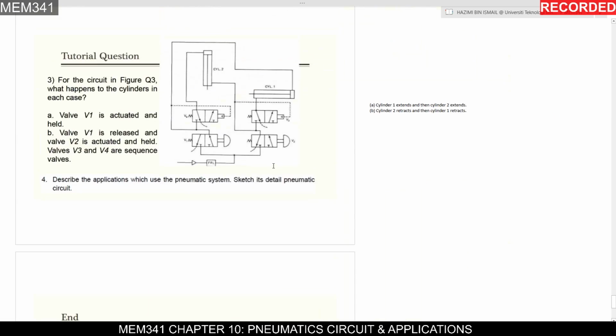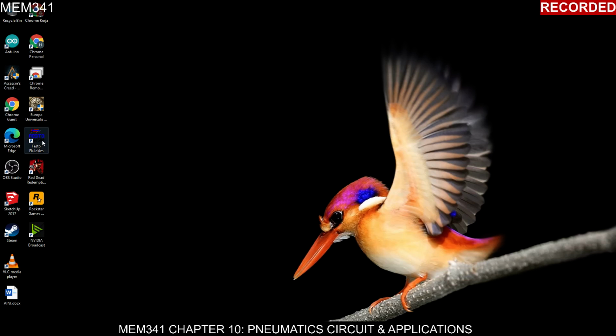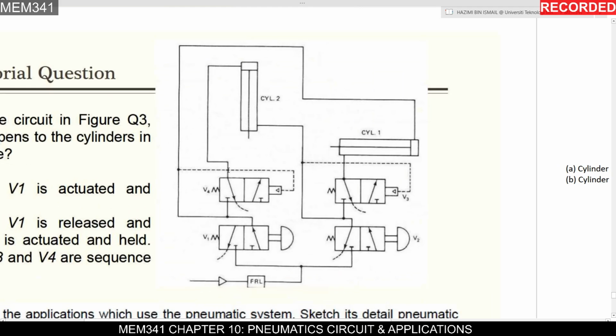So make sure you try by your own for all these tutorial questions. Okay, please do by your own. You must try, you have to practice. Okay, you can try using the FluidSim software that is provided for you for the lab test, for the lab experiments. And you can try by drawing by your own using different colors of pencil, okay, or pen. Maybe for the input you use the green color and for the output use the red color,